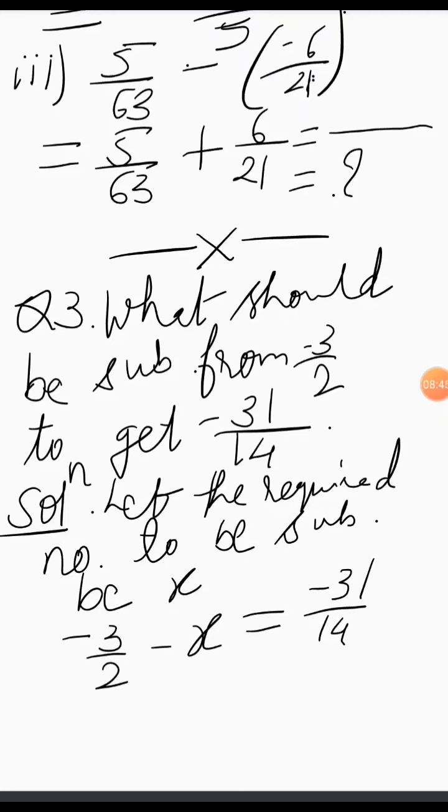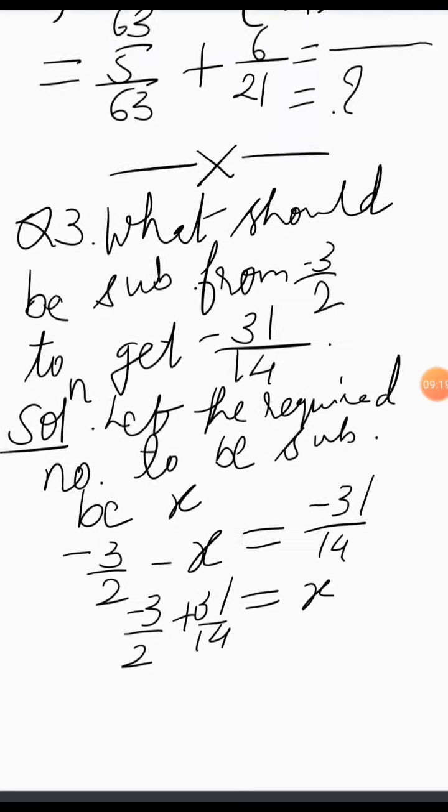So it's your choice. Now children, you see here minus x is there. So what I am doing, I am transposing this minus x on the right hand side. So it becomes positive x. Now numbers I will transpose on the left side. And when you are transposing numbers on the left side, the number which is already there on the left side, that you have to write always first. And now minus 31 by 14 I am transposing to the left side. So this minus becomes plus 31 by 14.